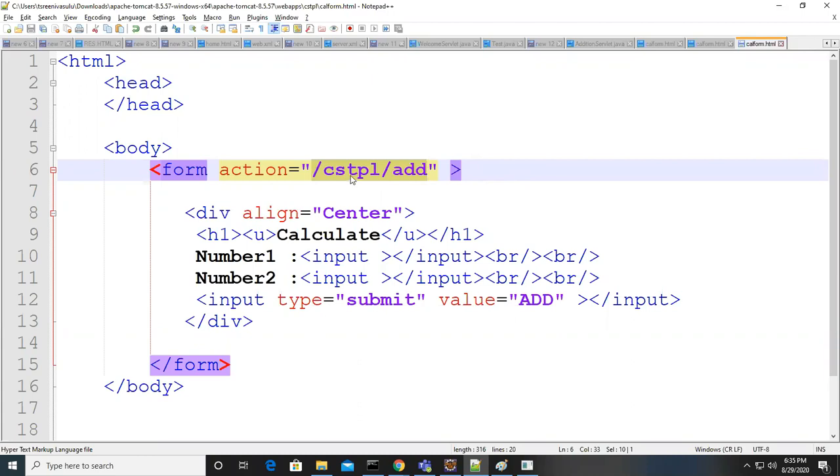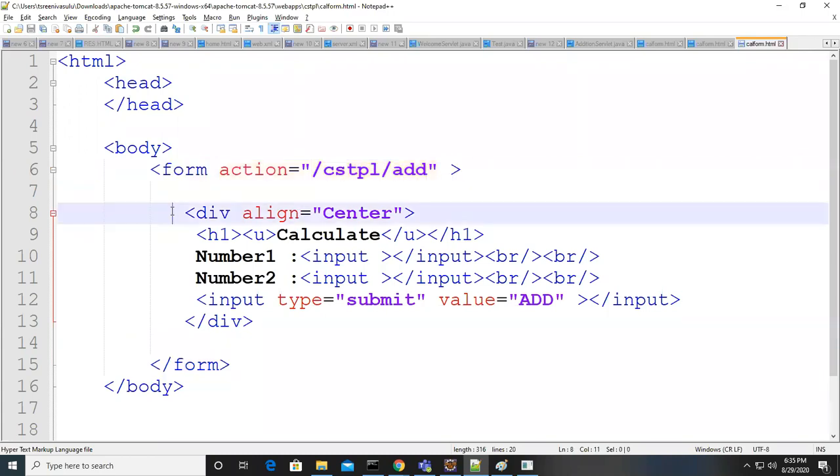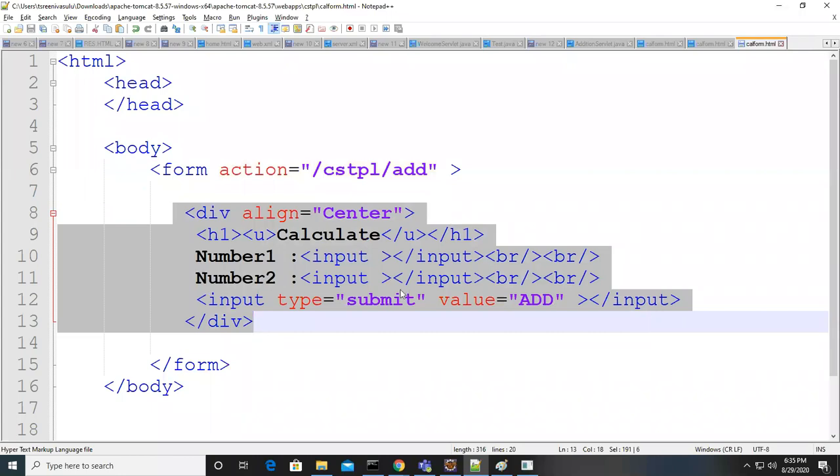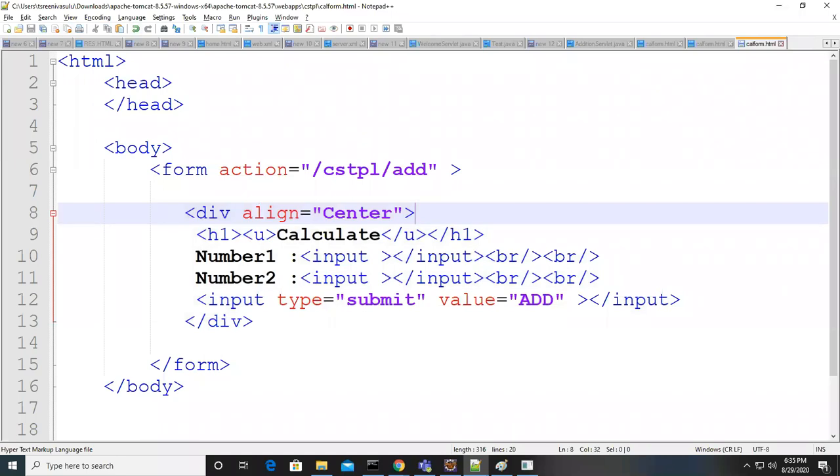If it is the first time, it will create an object for the servlet and call the init method, and then it creates the request and response objects. The request object contains all the input details, whatever input details we send. Those details will be captured from the input form, taken out, and processed. Okay, so this is what is going to happen.